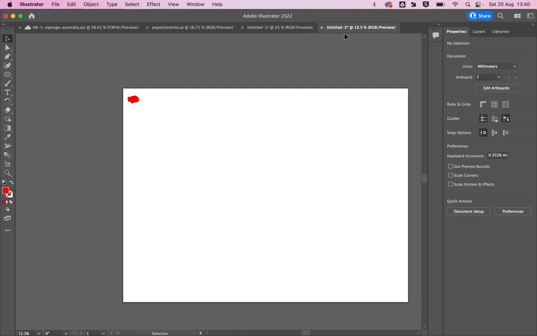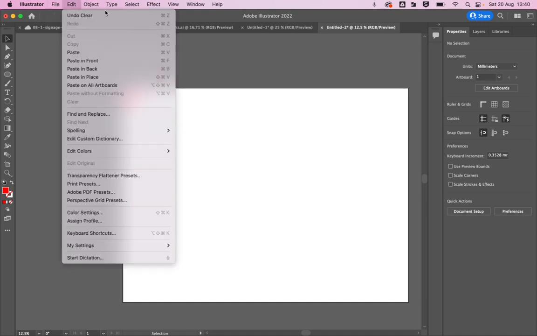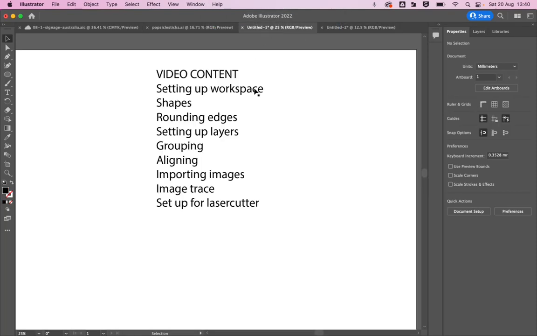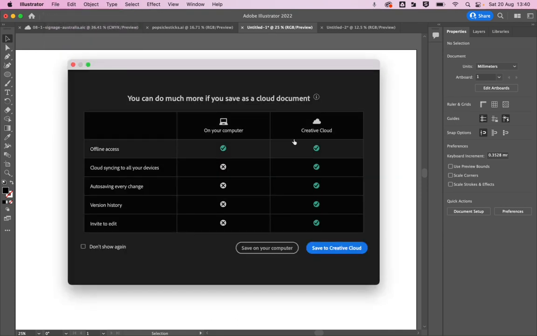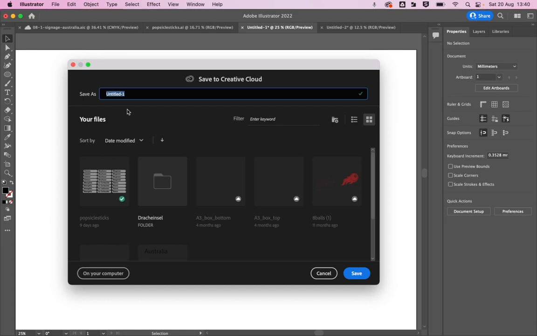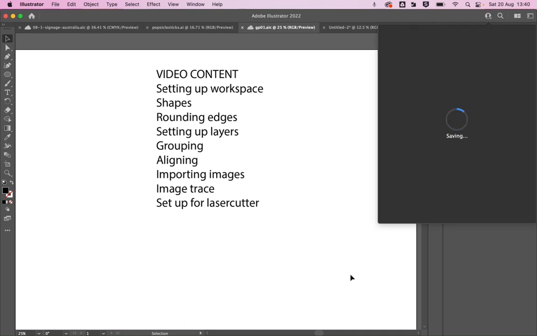Yeah. So what I would do is, let me just see what I was going to say. I was going to say image trace, setting up for the laser cutter. So it's set up for the laser cutter, but we need to save it, don't we? Yeah. So I would go File and I would save. For me to keep it for myself, I'm going to save it on my Creative Cloud, and I'm going to call it GP01 because it's my first guinea pig thing. I'm going to hit save, and it will save that